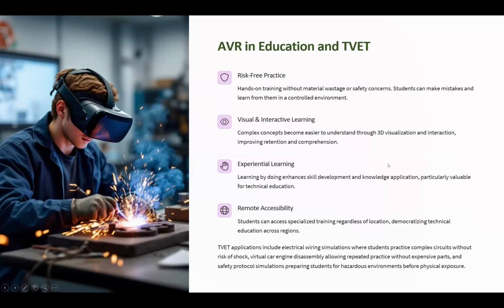So with the technology, at least from our exposure, we are able to create one piece of material, and thousands of students can learn with that material. So you customize the content of that material and students are able to learn, okay? Then experiential learning, like I've said, learn by doing. Your skill development is enhanced. You're applying the knowledge as you're learning, okay?